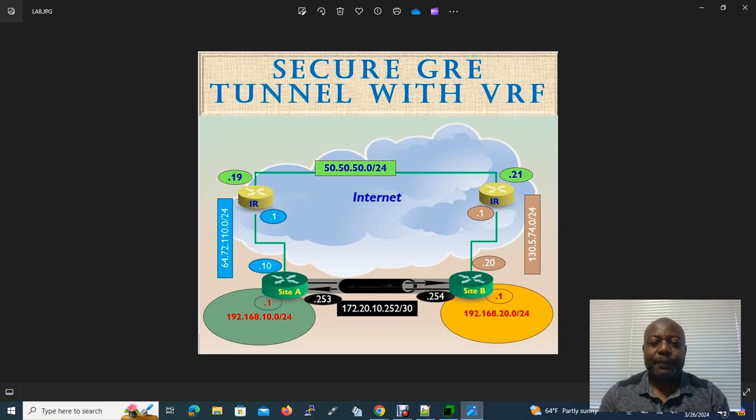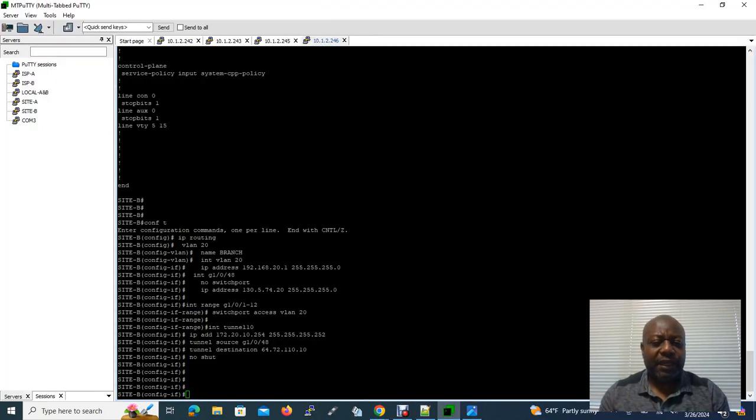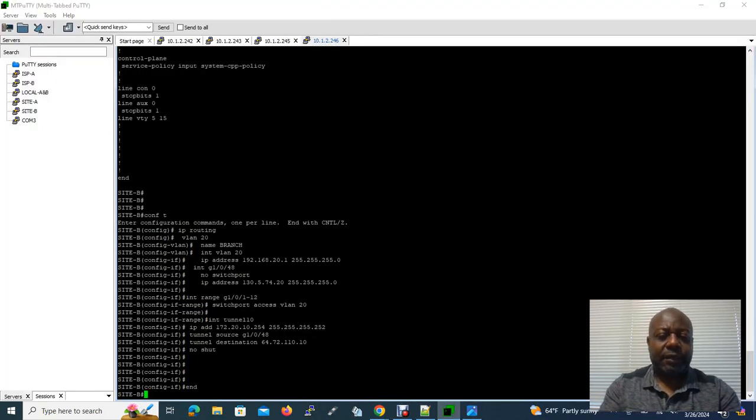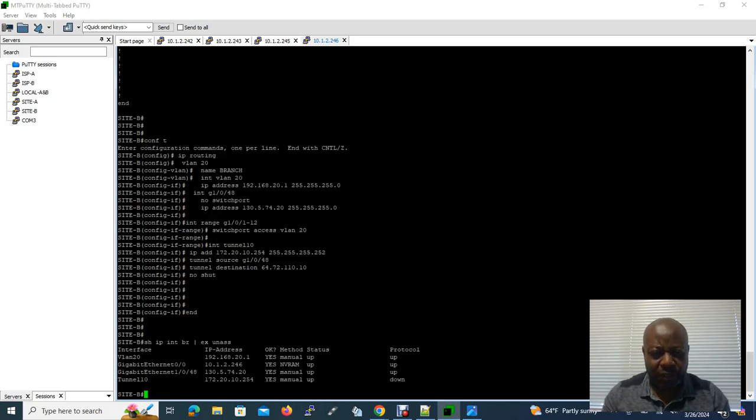Now the good thing here is, from this point, the internet router cannot see the inside of the site. But from site A, we can see site B through the tunnel because the tunnel is built. Let us see. This is site B. So we do show IP interface brief, and we remove the unassigned one. You see the tunnel